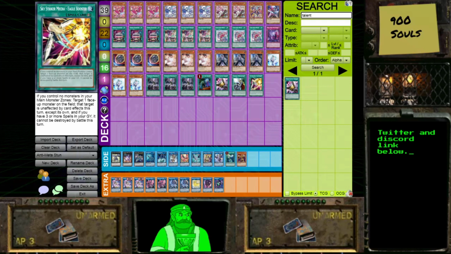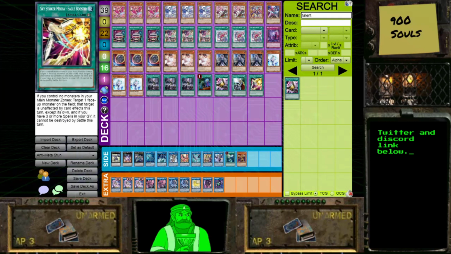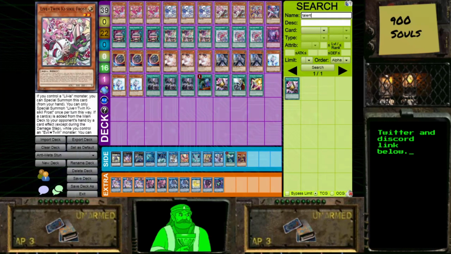If they Droplet your Sunny, you can Eagle Booster it, they discarded a monster. If they Impermanent, you can Eagle Booster it. If they use a hand trap on one of your Link 2s, you can protect it with Eagle Booster. Like, Eagle Booster is kind of insane in this deck, because a lot of the time, if you're just going